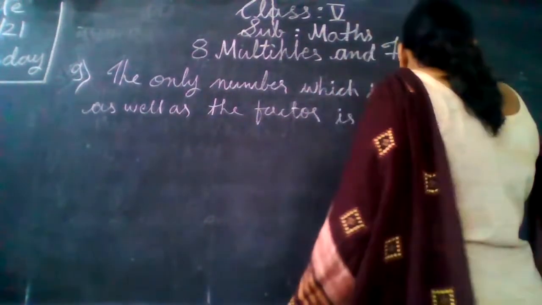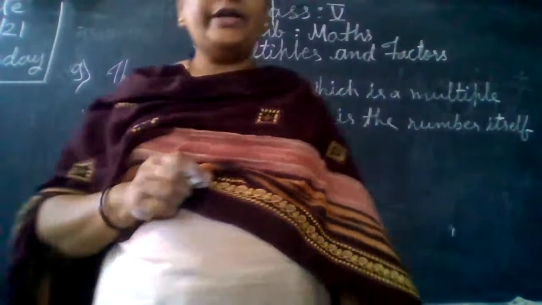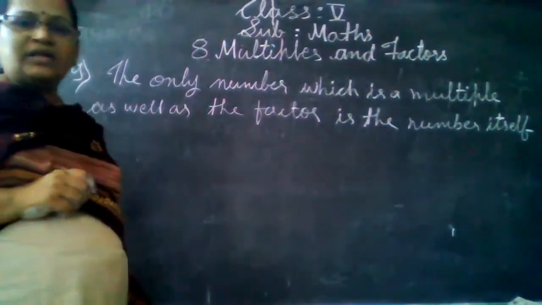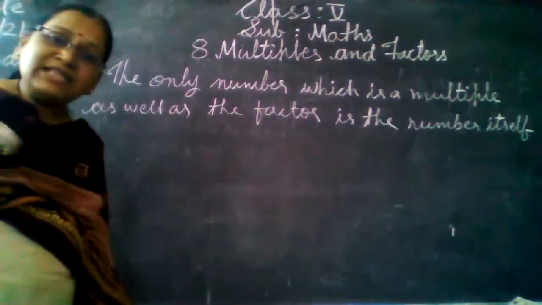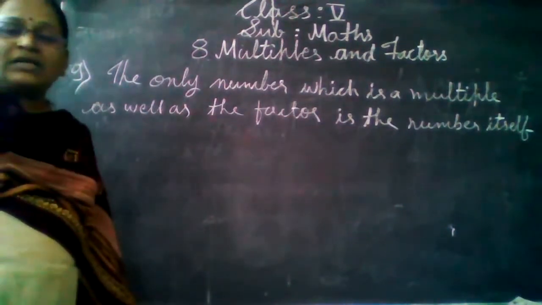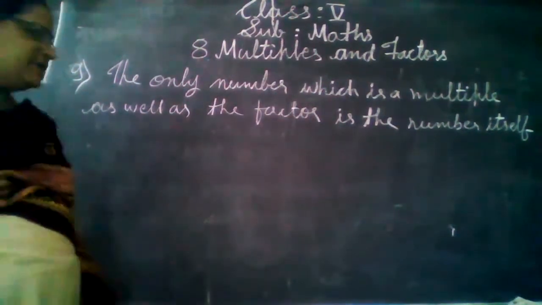What is the meaning of this point? The only number which is a multiple as well as a factor is the number itself. For example, see beta,